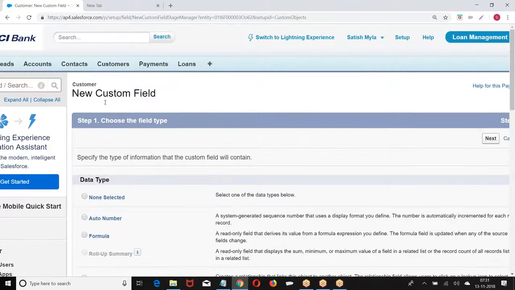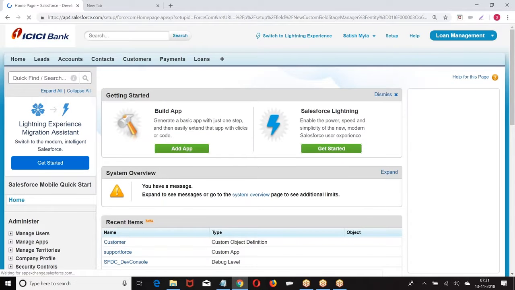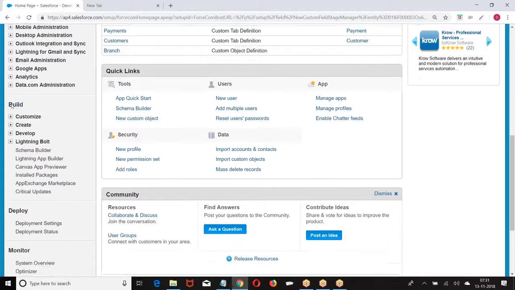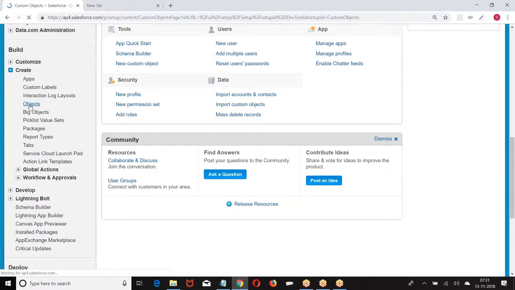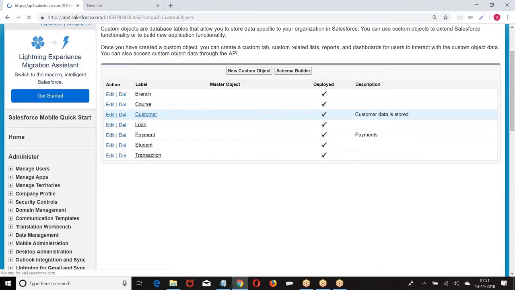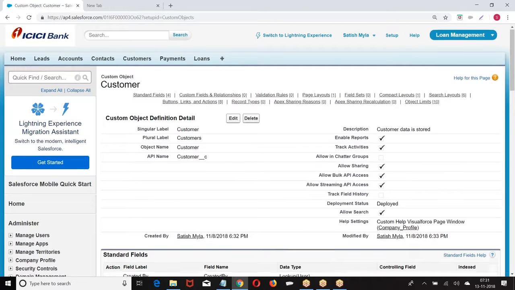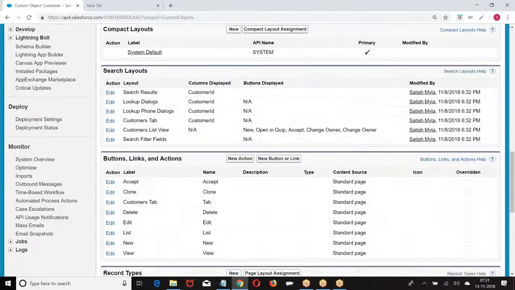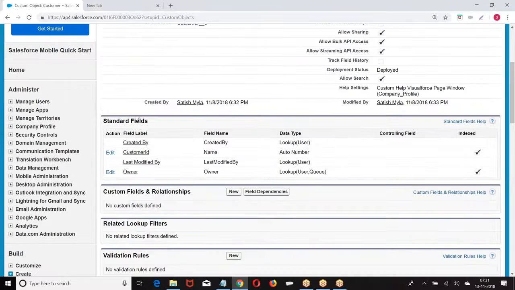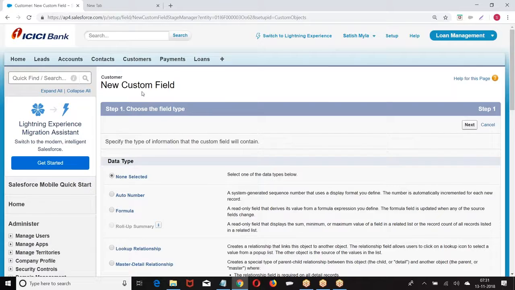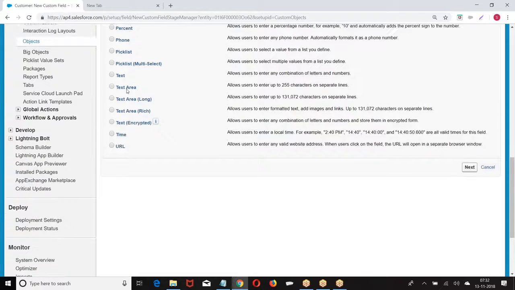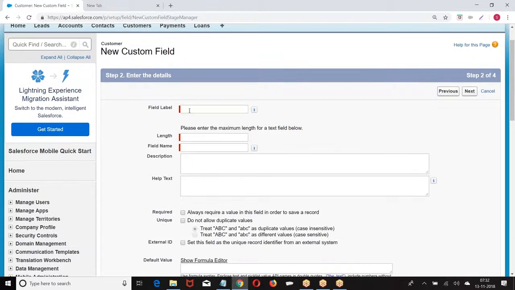How do you create the fields? Setup, build, create, objects, go to the object. Now we have these standard fields, custom fields, new custom field. First I choose text, enter the field label,